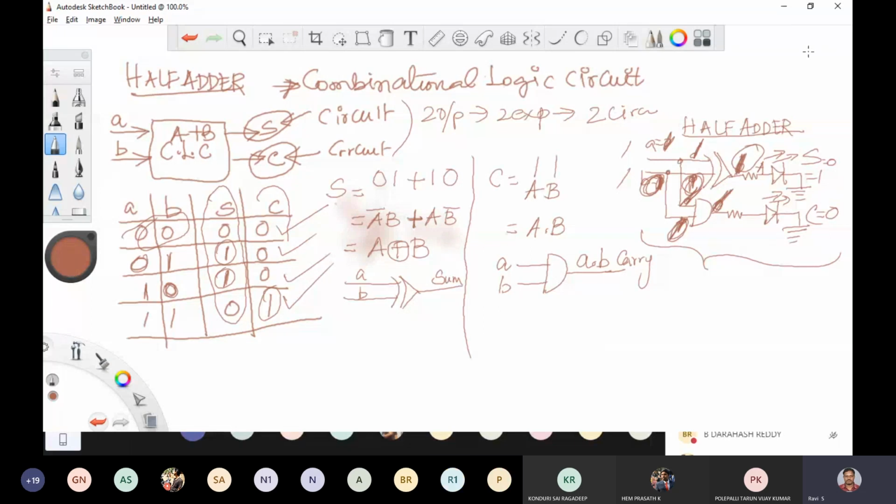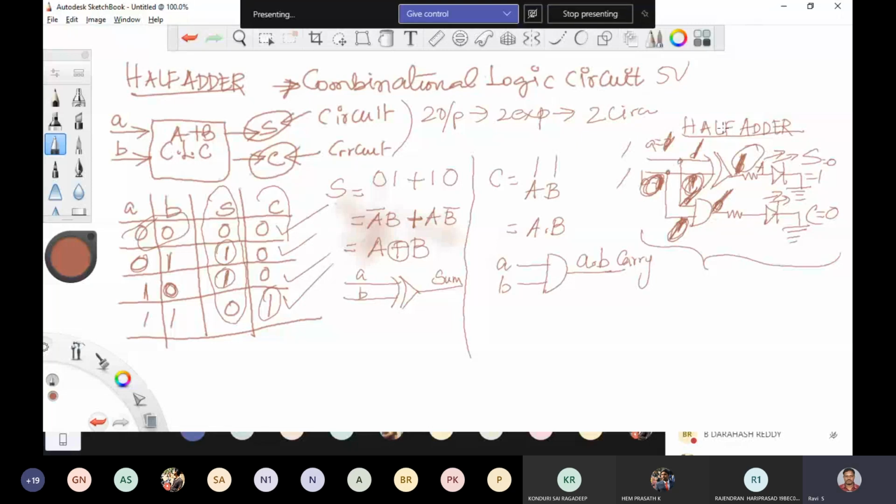Sir, why do we connect it to a resistor? Current limiting resistors. An LED is a 1 volt, 1.2 voltage device. If you are connecting with TTL ICs, it will be playing with 5 volt. So if max voltage is applied to the anode, sometimes the LED may get damaged. Just to protect your LED from the excess voltage or excess current, we use this resistor. A resistor is a current limiting device. So it limits the current to the LED so that the LED is safe.